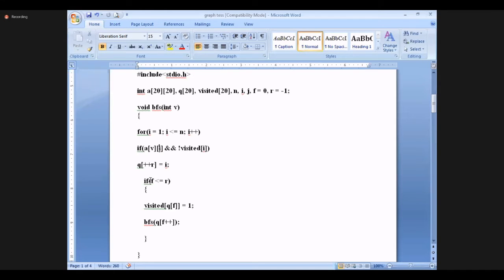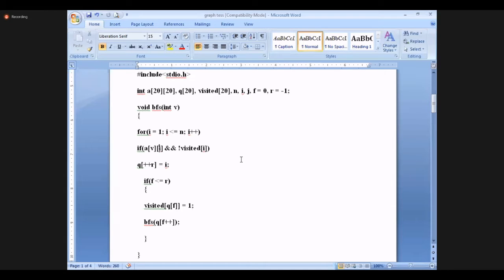And then if F is less than R, that means F is equal to 0 and R is 0, so the first one is visited. If it is 0, 0, you noted it as a 0 and you are starting the nodes 0, 1, for example 4 are there.